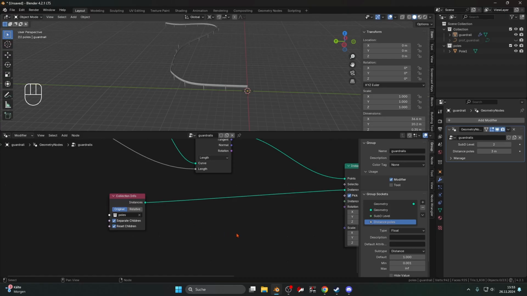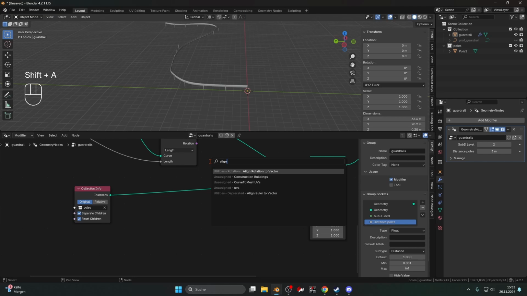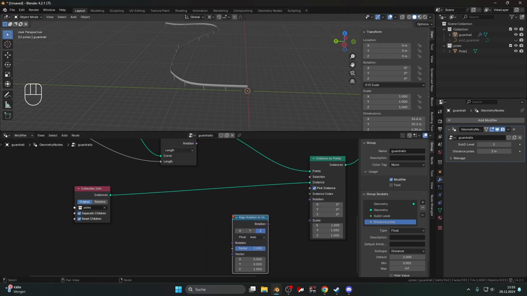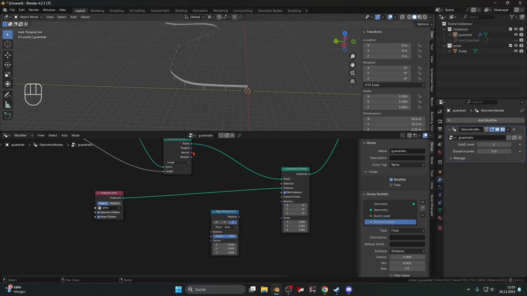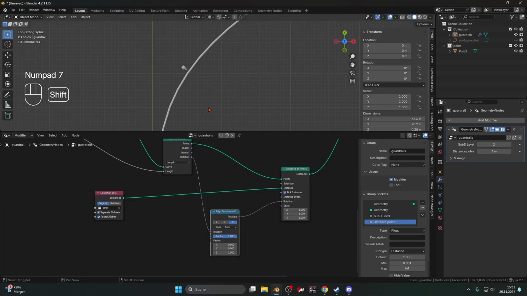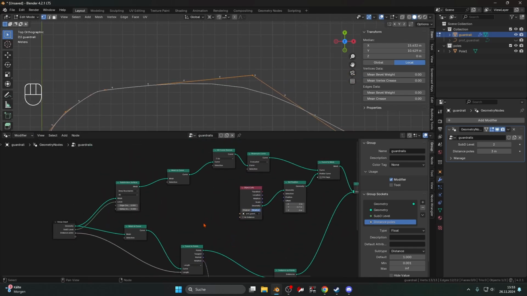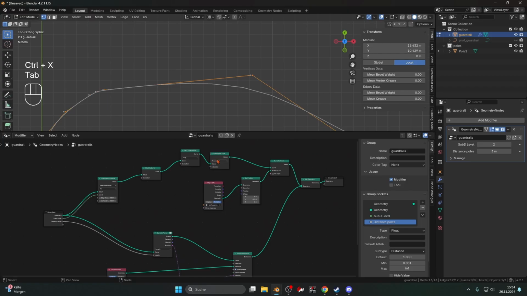And there's one great thing in here, and that is the align rotation to vector. There's also an align Euler to vector, which is the old utility and the new one works as said. We use our rotation as the rotation and connect it in here. And let's see what happens. It does kind of work. So there's one thing that is currently off, and that is